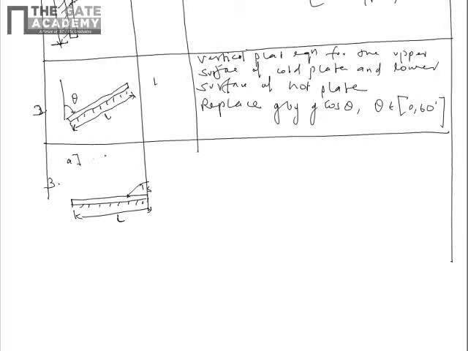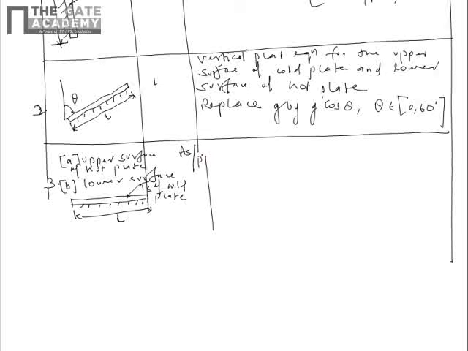The condition applicable for this is upper surface of a hot plate, or we can say lower surface of a cold plate. Then its characteristic length is given as As upon P, where As is the surface area and P is the perimeter,